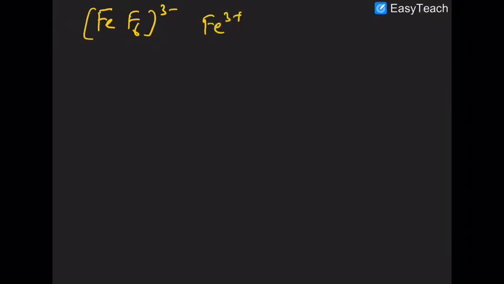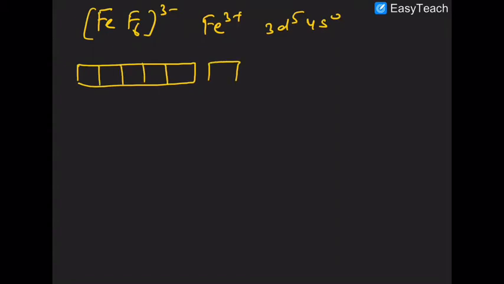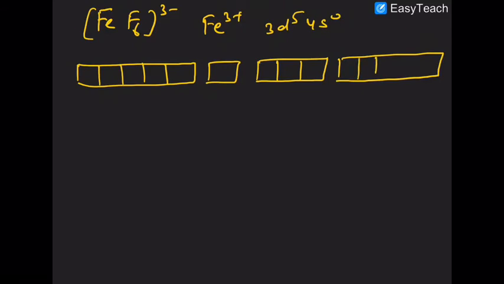Now again taking the same case once more, Fe 3 negative now. In this case, Fe is in plus 3 state, so it is d5 4s0. So you write 3d here, 1 2 3 4, 4s there, 4p there, and 4d here, 1 2 3 4. So it is 3d, 4s, 4p and 4d. Here also 5 electrons are present unpaired.